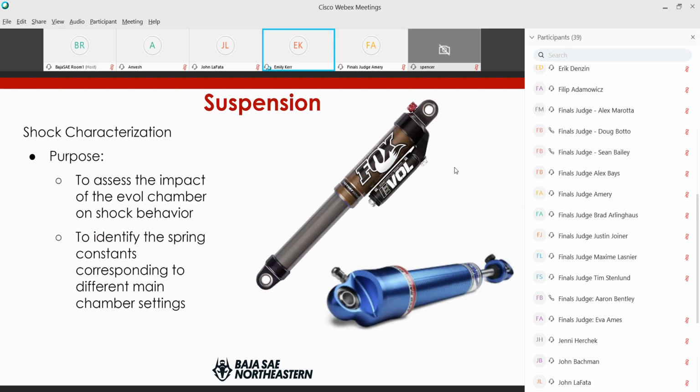Moving on to suspension, the primary research project in suspension was shock characterization. For the past few years, the team has used Fox Float 3 Evol R shocks. To cut out the weight of the Evol chamber, we wanted to assess the possibility of switching to Fox Float 3s. Additionally, while we were happy with tunability and performance of air shocks, AFCO 63 series monotube shocks were even